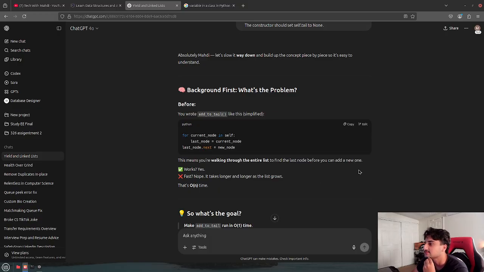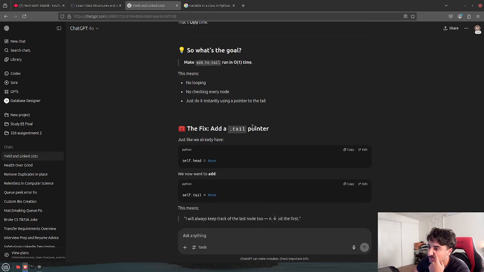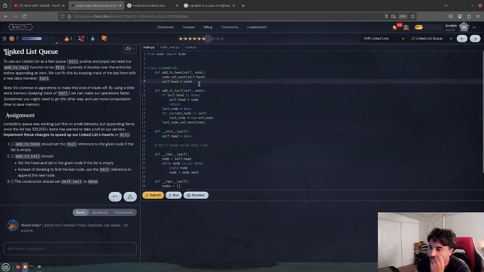Let's see. Yeah. So the way we do it is, make it run all in one time. This means no looping, no checking every node. Just do it instantly using a pointer to the tail. So can't I just use self.tail? The fix: add a tail pointer, just like we already have, we put a head value of none. Now we want to add self.tail to none, right? So